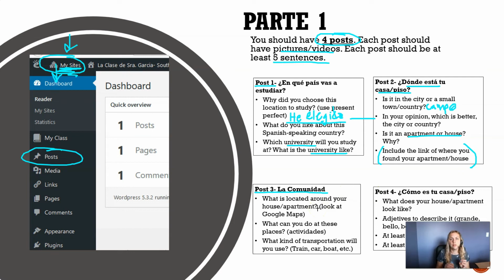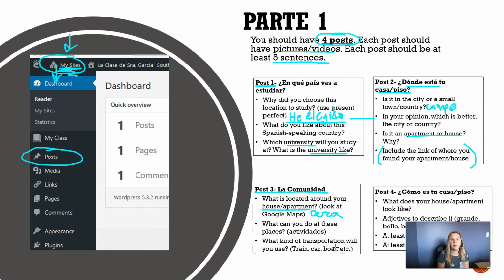So this is where you need to find the actual location. Now, if you found a house or apartment that you really loved and it says the city or the little town that it's in, but doesn't give like exactly the right location, you can kind of guess where it is. So what is around your house? ¿Qué hay cerca? What is close, right? Hay cerca. So look at Google and find, it's muy difícil escribir. It's difficult to write on this. ¿Qué hay cerca? What is close?